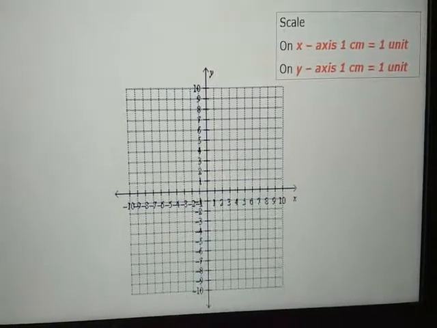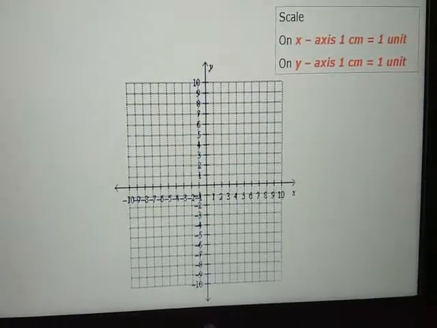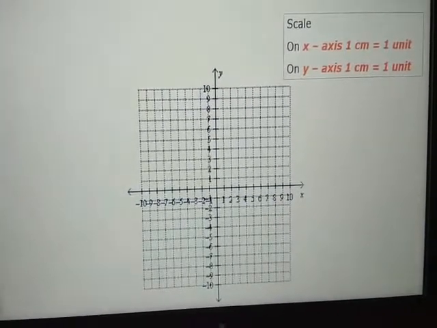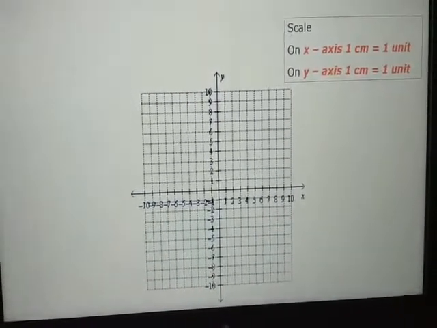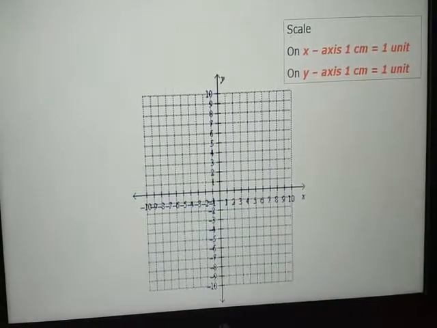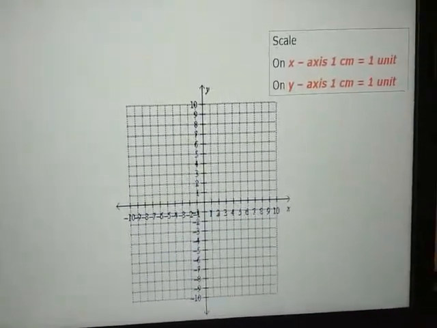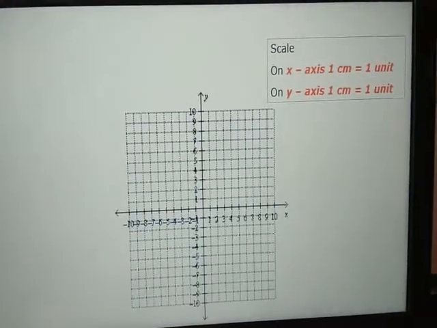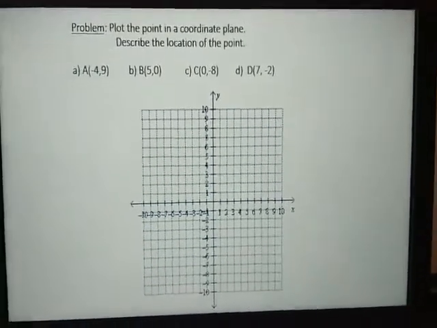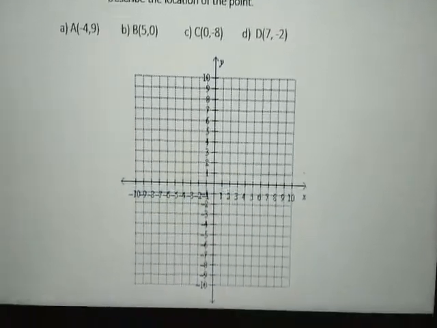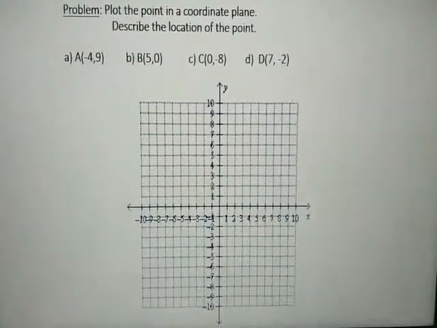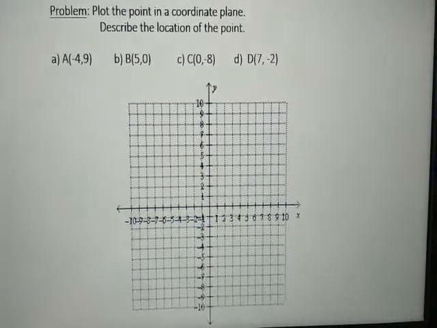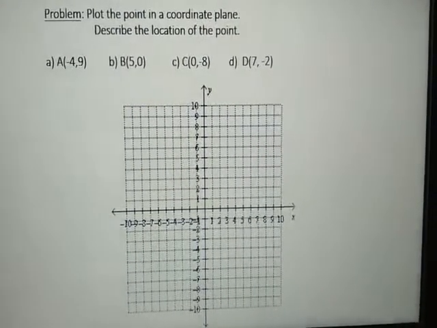Children, while drawing the graph in any class, first we have to draw the number line exactly, that is both the axes, x-axis and y-axis, and immediately we have to write the scale also. This is very important, and the marks also will be considered for this. Now we will learn how to locate the points, that is, the coordinate points on the graph paper.